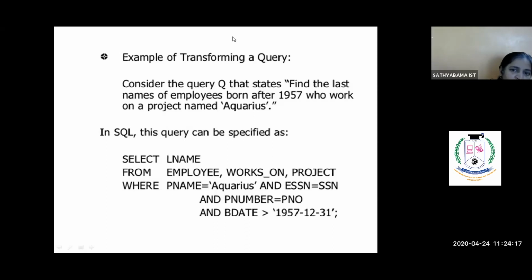See how we are connecting all the tables, using foreign keys and primary keys. The last condition is that birth date should be greater than this particular value. Based on these conditions, we fetch the employee's last name.